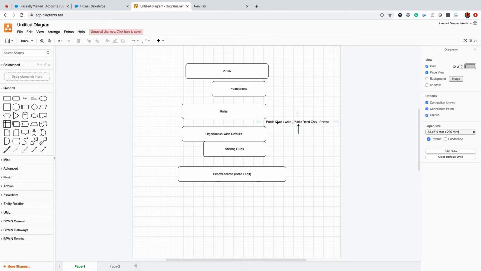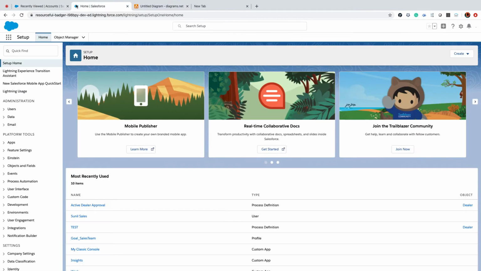If you make anything public read or write, even though anyone creates a record in the system, everyone will be able to read and edit. Public read only means everyone in Salesforce within the organization can see the information. Private means they will not be able to either read or write. So for that we need to enable that.